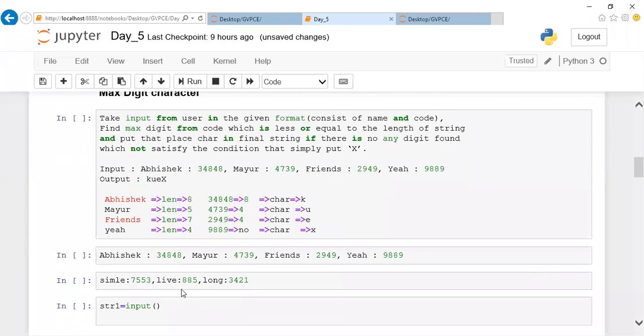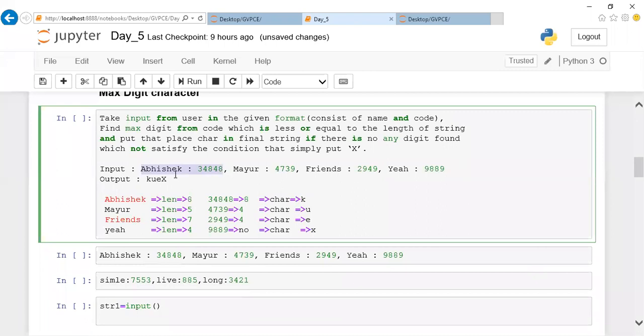First, you should accept a string. Then you're supposed to separate this part alone. The first string alone, based on comma, try to separate it. Then based on colon, try to separate it. So you can extract part by part from the given string. We have one method called split, right? Based on any data, I can split it. I told you during the teaching of this method itself that split and join are important ones. By using this, I can split wherever required, and by using join, I can join wherever required. It'll be easy for us.